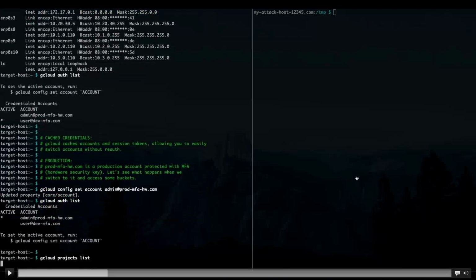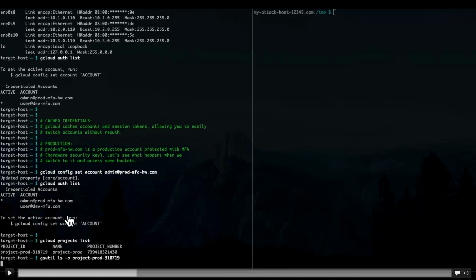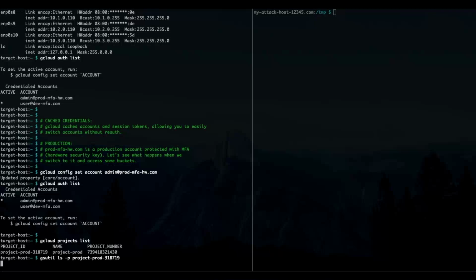So I'm going to switch accounts to that admin prod account. Okay, we can see in the output of gcloud auth list that the asterisk shows what's active. And now I'm going to take a look at what I can access. Remember, I'm on the victim's machine. I've compromised it. I have at least their user privileges, and yes, it makes sense that I could execute gcloud